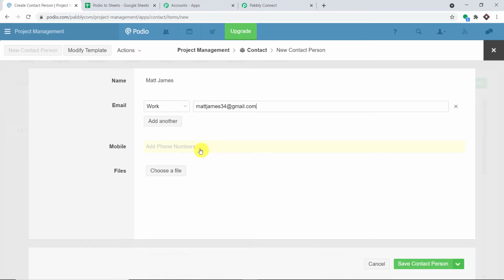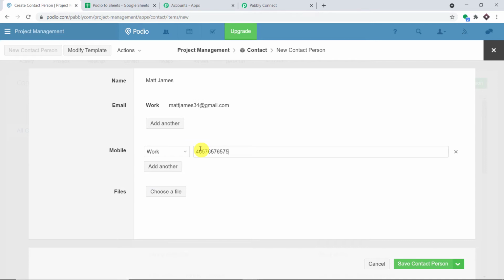Okay, so we have the mobile number. I hope you get the point why we have created the contact two times, because the first time the contact was created, it actually delivered a hook ID. We are not interested in the hook ID, so that is why we just went back to Pabbly Connect and once again clicked on capture webhook response, and this time we are going to create one more ID.